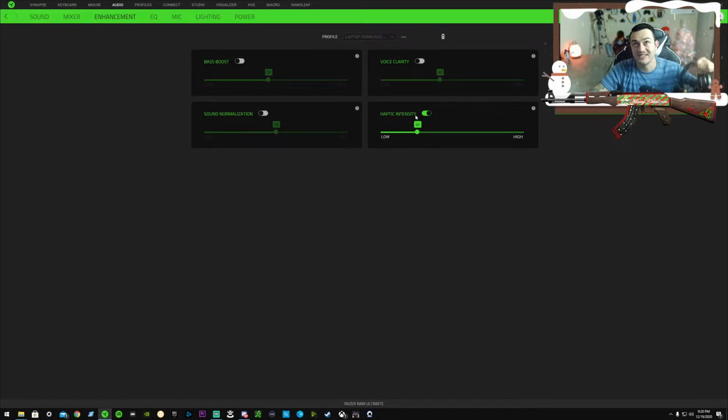Now, haptic intensity, that is specific to the Nari Ultimates. That's basically vibration motors that vibrate on whatever side the volume's coming from. So if you've got gunshots off to this side, it'll be vibrating with the gunshots. And I keep that down generally around 30 or 40 because it's pretty intense, it'll really rattle your goddamn